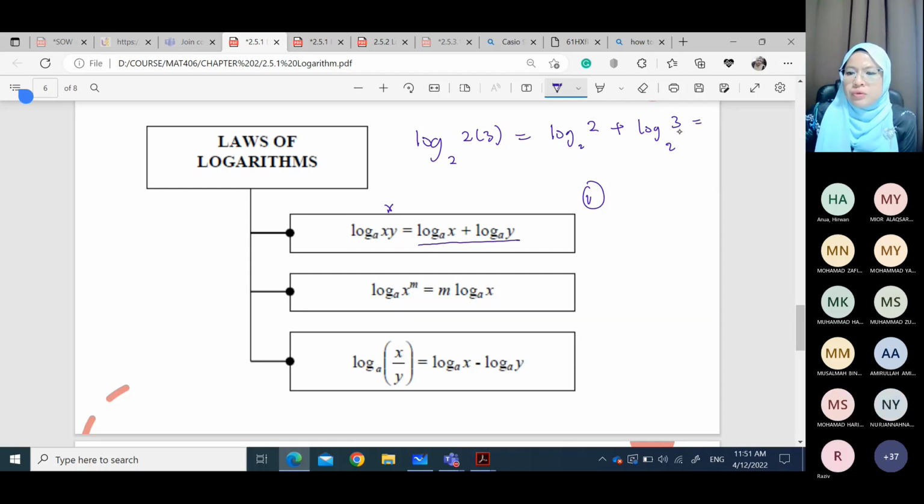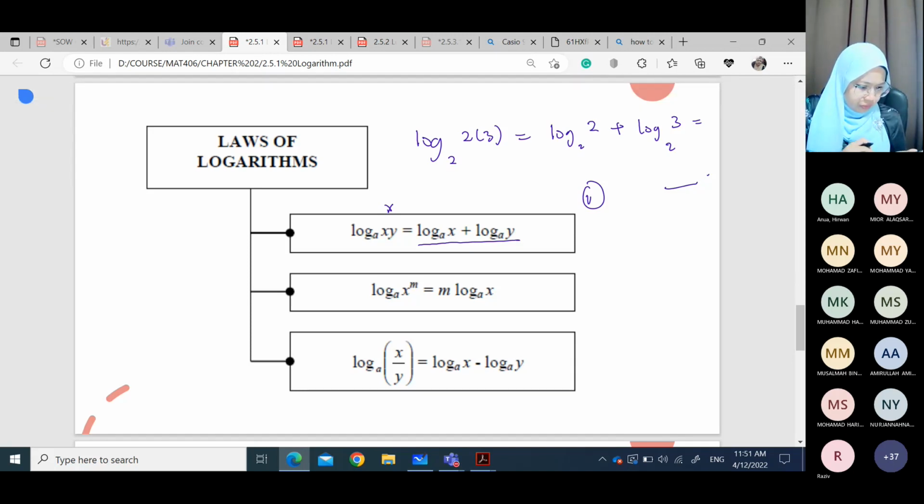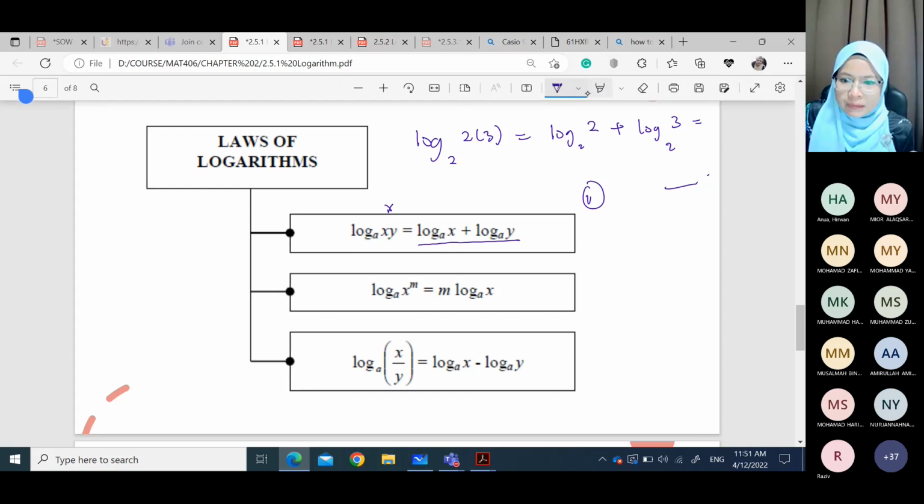Log base 2, the value here is 3. Okay, so you akan dapat nilai dia. Alright. Okay, so maknanya kalau you nak terus darab direct log 2, log base 2. So 2 times 3 is 6. So you akan dapat nilai dia 2.584